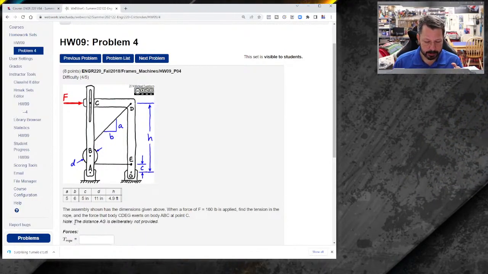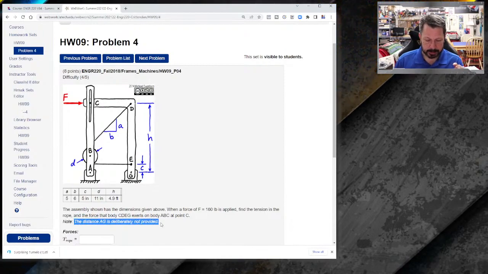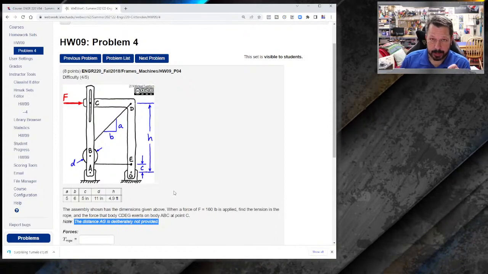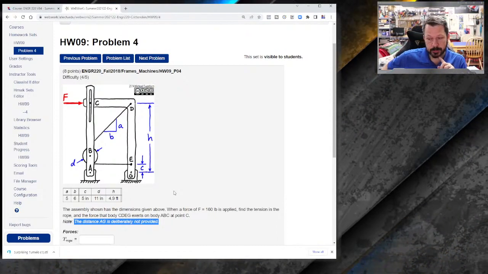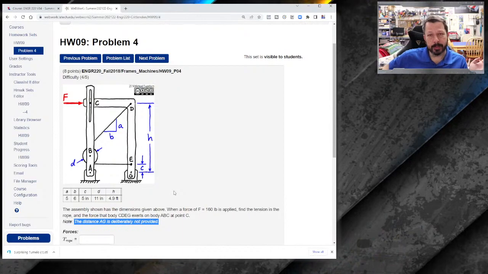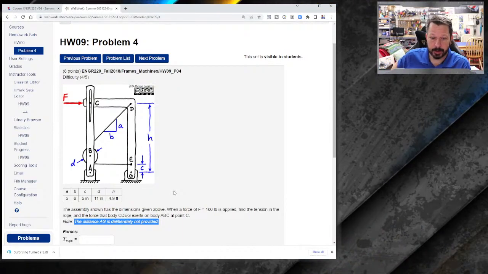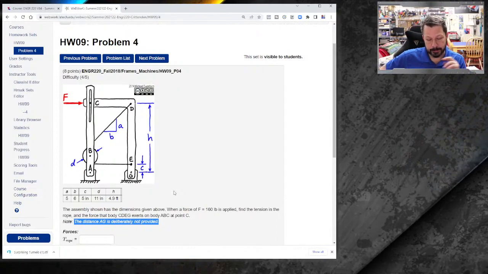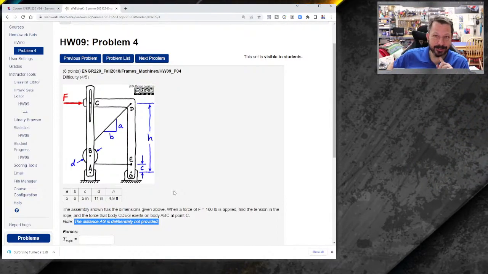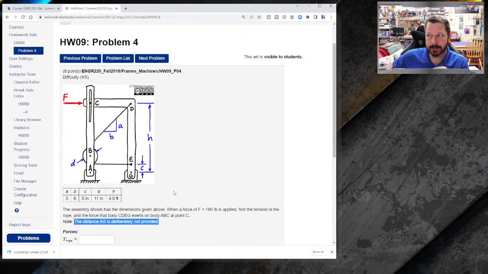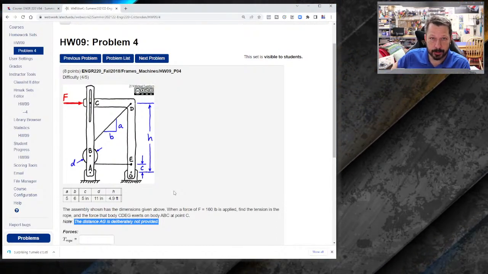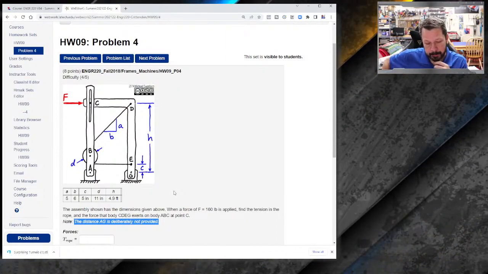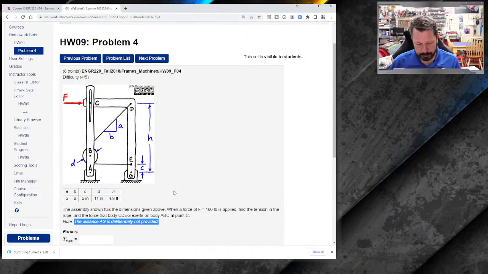One thing on this one, notice this italic here. The distance AG, between these two pins, is deliberately not provided. If that one distance was provided, this problem becomes much simpler, almost a one-step, maybe two equation problem. But since that dimension's not there, there's some summation of moments we can't do because we don't know the moment arm. And so it creates a much bigger problem. So I'm going to copy this one